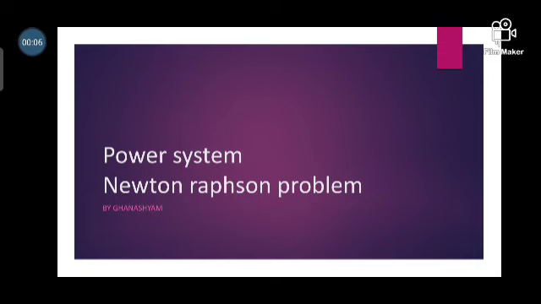Today we are going to discuss one problem related to the Newton-Raphson method. In the previous lectures we have already discussed the Newton-Raphson method, the basic theory, its formula, its actual solution and its value of tolerance. Today's problem is very important from the exam perspective, to write a 15 or 16 mark question in your university exam, and it is important to understand the concepts behind questions asked in SSC exams, railway exams and also GATE exams.